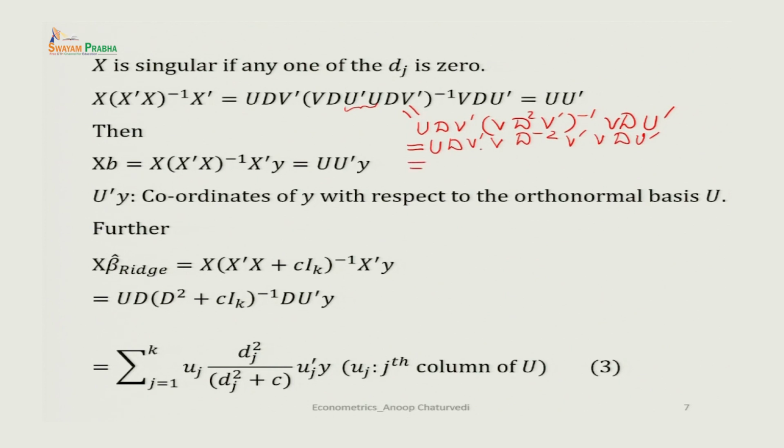From here you obtain V transpose V equal to identity, V transpose V here also identity, then you have D, D to the power minus 2, D, again you get identity matrix. So, this is equal to